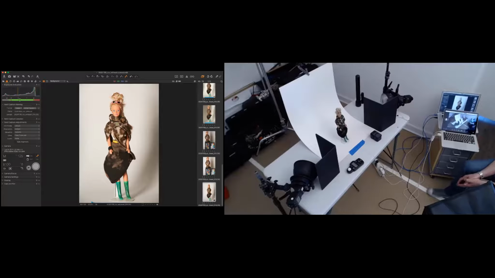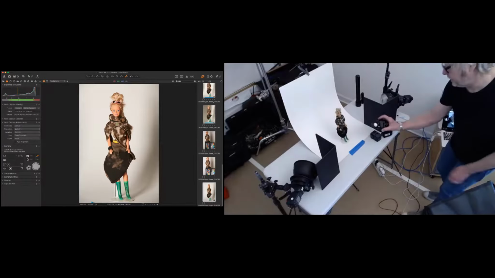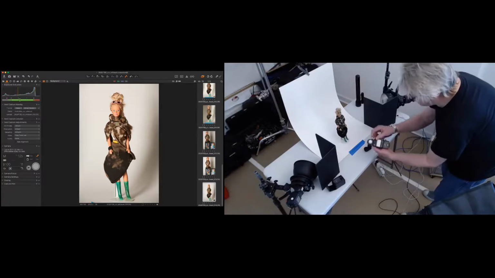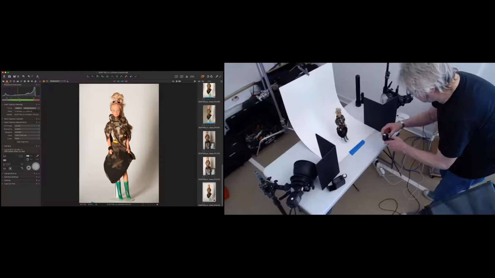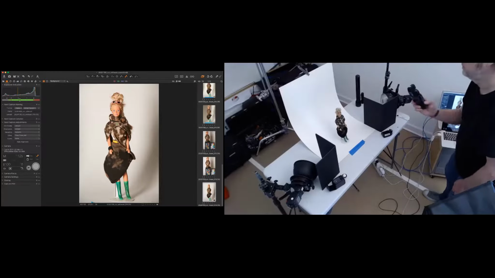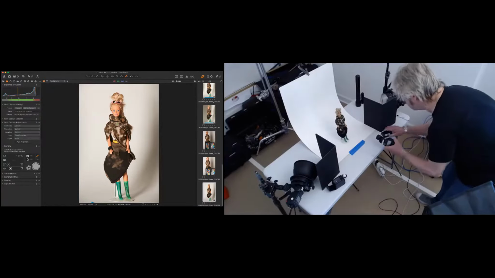Can I meter that? Come on, guys. You all did this as an exercise. You take a regular incident meter, you take the spot attachment for it, you pull the dome off, you put the spot attachment on. So now, if this is no longer an incident meter, what kind of meter is this now? Reflective. Exactly, and I'm simply going to meter the background and see what it says.